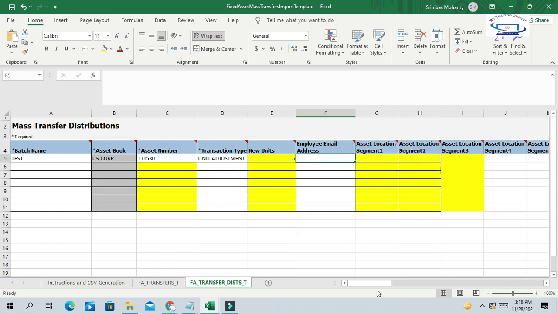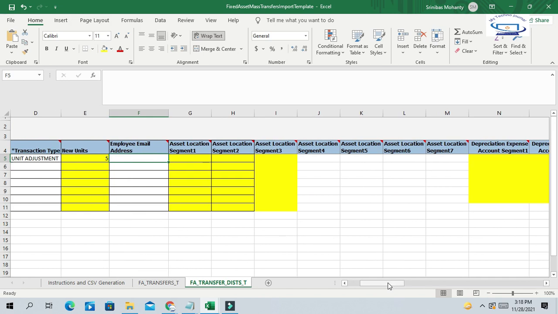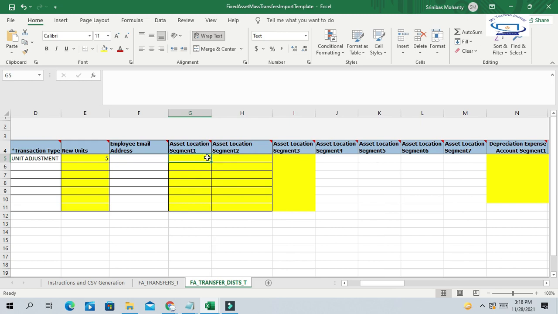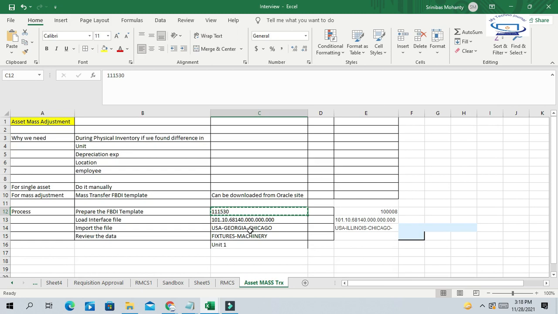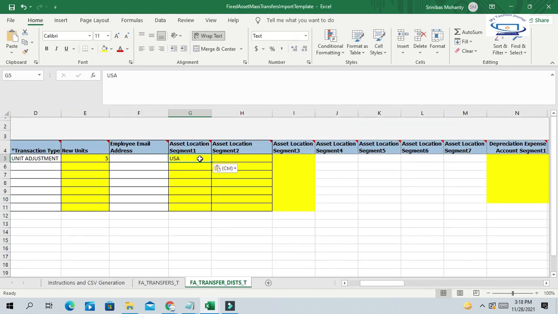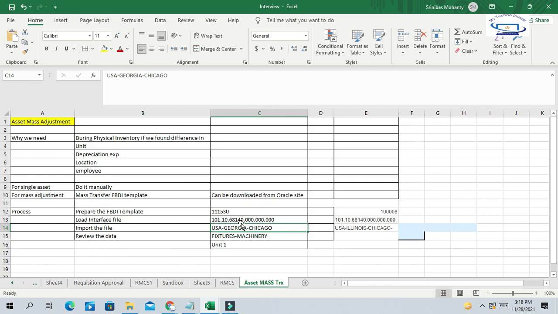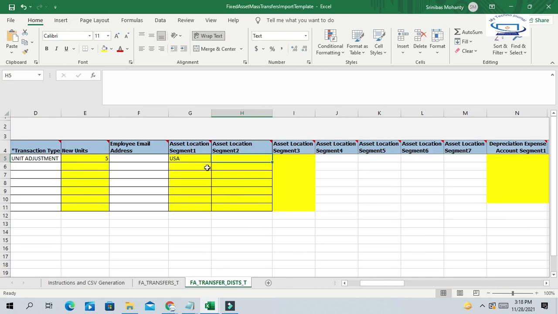Employee email address is not mandatory, but asset location is asked: whether the physical inventory location matches the ERP location. If it matches, you can give the existing location here, USA Georgia. Suppose the location in physical inventory and ERP are both the same, you can give the same location assignment.